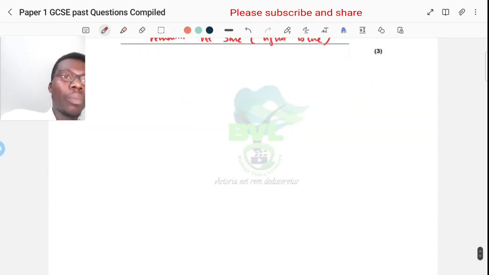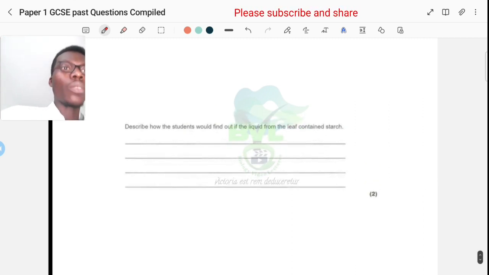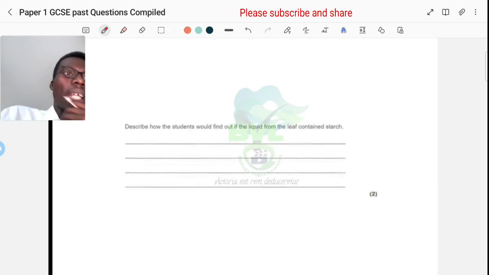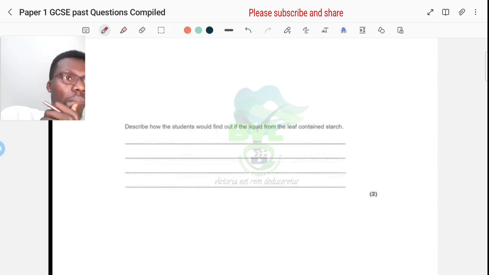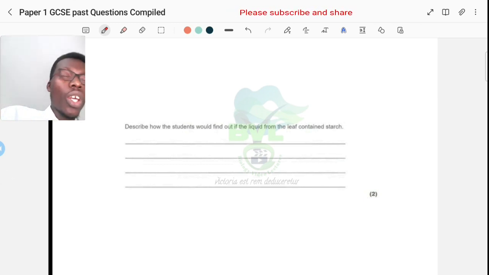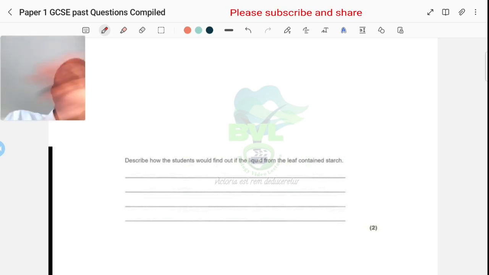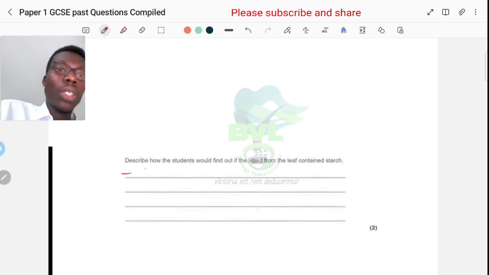Then, okay. Describe how the student would find out if the leaf contains starch. Well, because this is a 2 mark question, I'm going to keep it short, because really, testing for starch goes through different stages. But let me first answer this question, and then I'm going to tell you the real stages of testing for starch. So what you do is